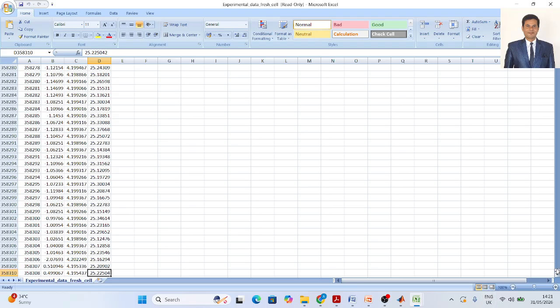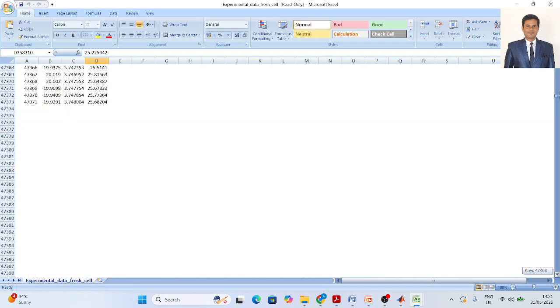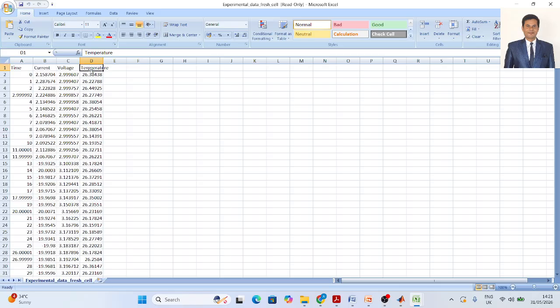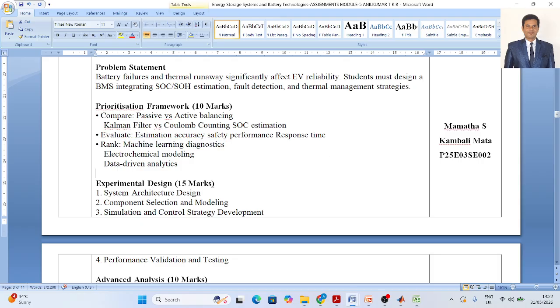Isn't it? So that's why you have to monitor these data. Every time, you have to monitor the temperature. 26, 25, okay, almost the same, but it should not go above 30 and should not come below 20. Okay, that is, you have to maintain the constant temperature, right? So you should not try to increase the temperature enormously, right?